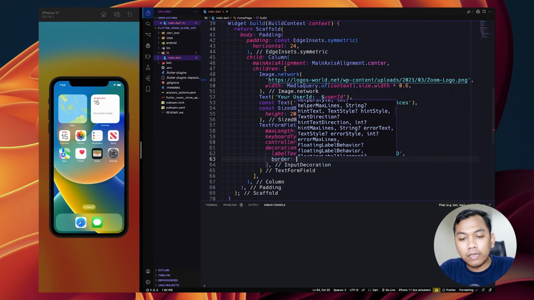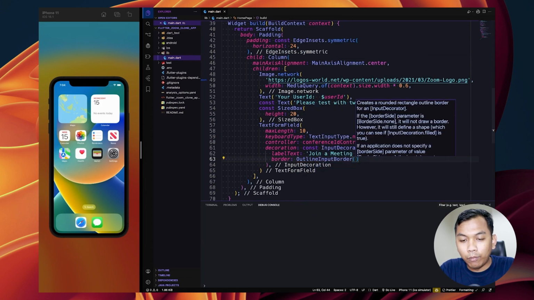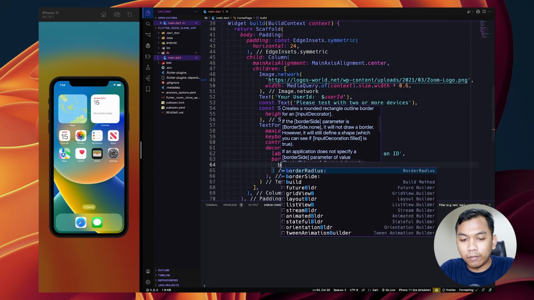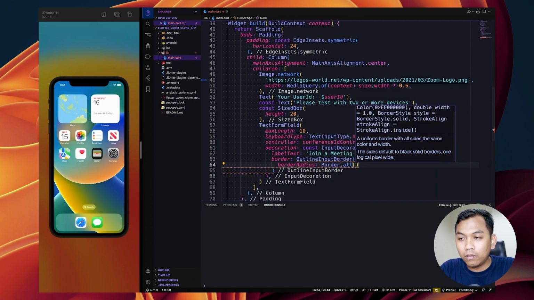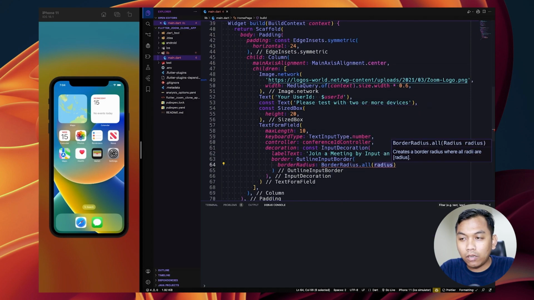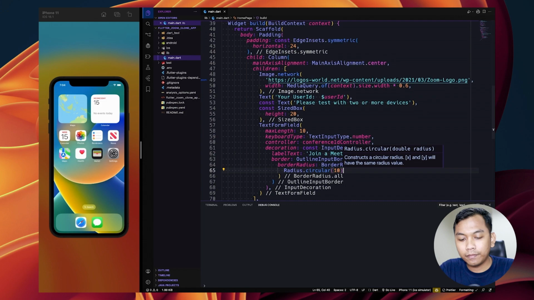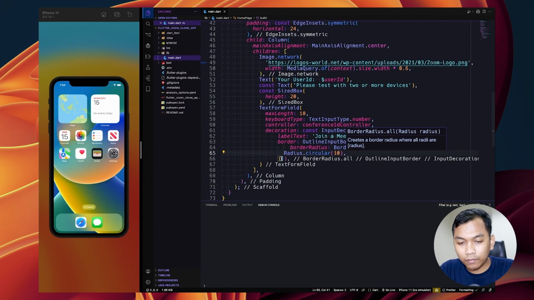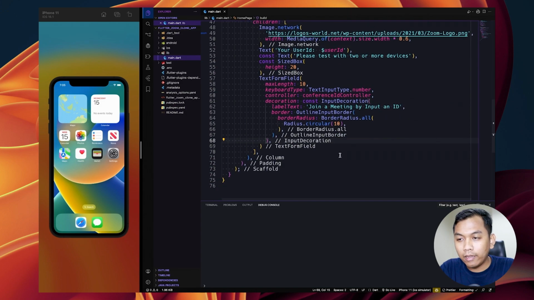And for the border, set it to be OutlineInputBorder, and the borderRadius will be BorderRadius.all, Radius.circular, and the value will be 10. Give a comma here, and yeah.